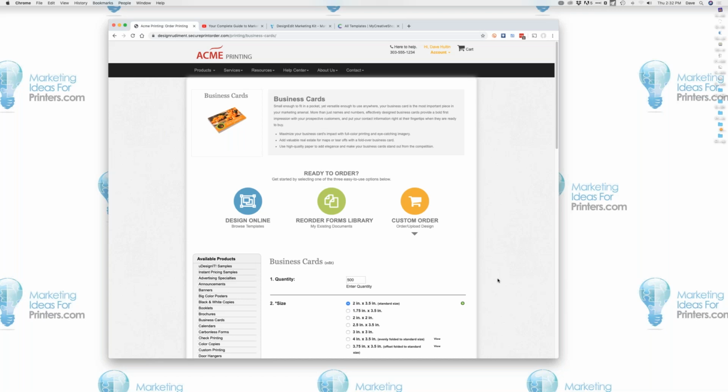When we're showing DesignEdit, which I'll do in just a quick moment here, the end goal is simply to get a print-ready job and push it to an order form. So we'll talk you through that process here, and we could get to DesignEdit through this business card order form. Any order form that has a category in DesignEdit will allow you to get into DesignEdit. But I'm going to go in through a bigger view right here. Our name is DesignEdit. That is not necessarily meaningful to your customers, so they're going to see this as Design Online. And these days, who doesn't want to design online? So we'll follow that link,